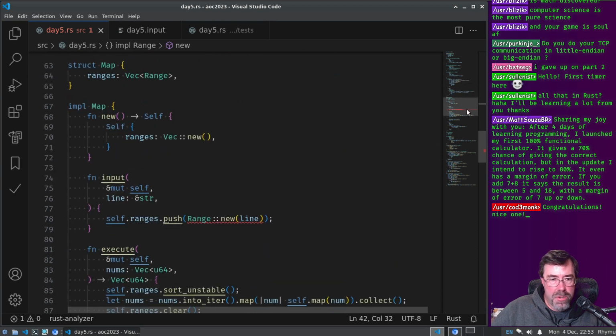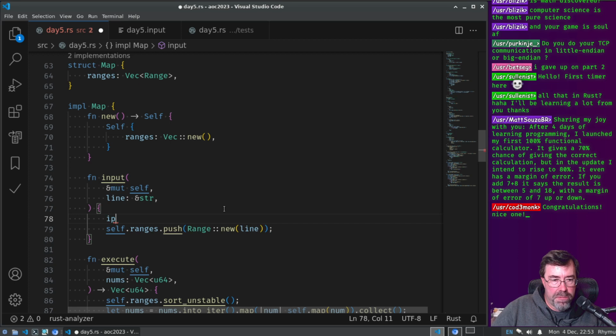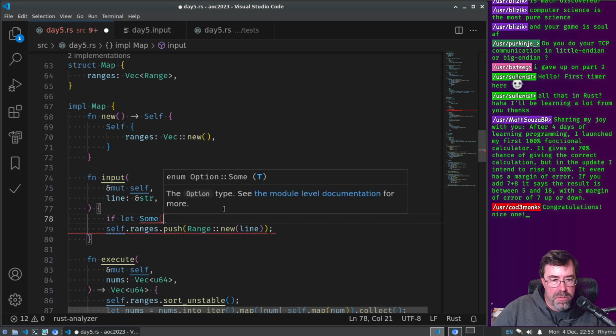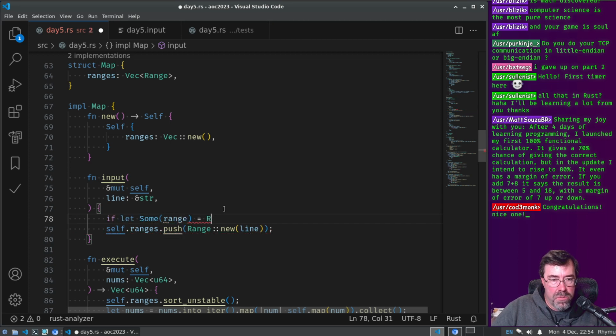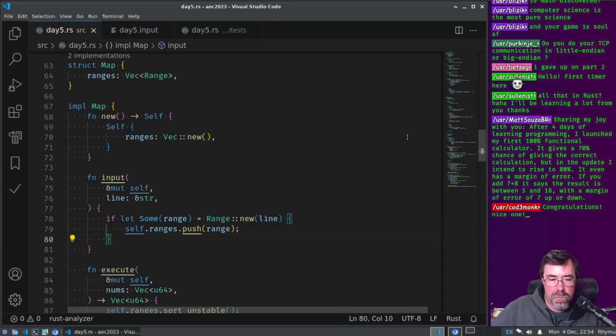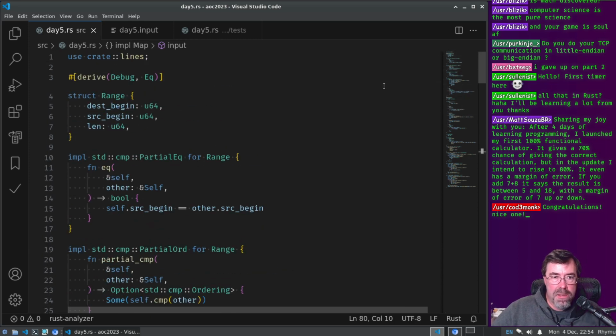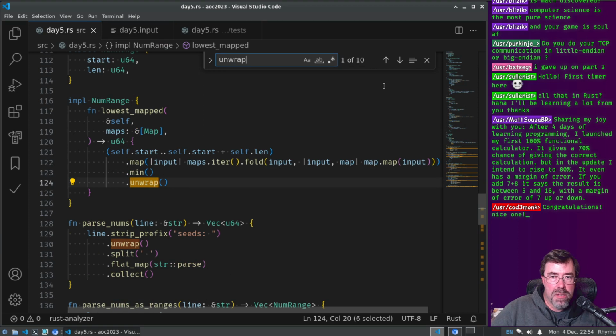It just breaks one thing. So I could just say if let Some range equal range, push range. Now how many unwraps do we have? Now we only have 10. Okay.